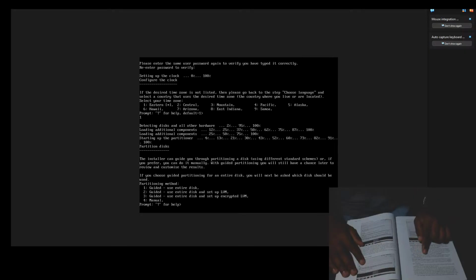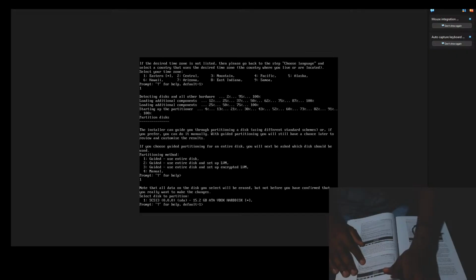Kali will then warn you that all data on the disk you select will be erased, but don't worry, this is a virtual disk and the disk is new and empty, so this won't actually do anything. Click continue. Okay, so said use. No, better not. Okay, I'm trusting you. Note that all data will be